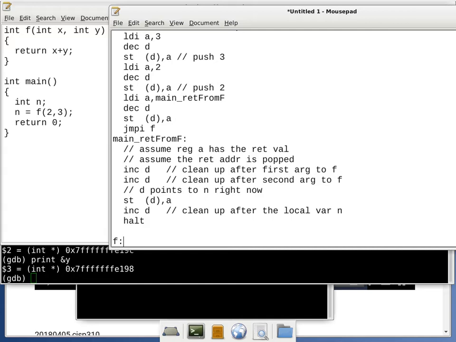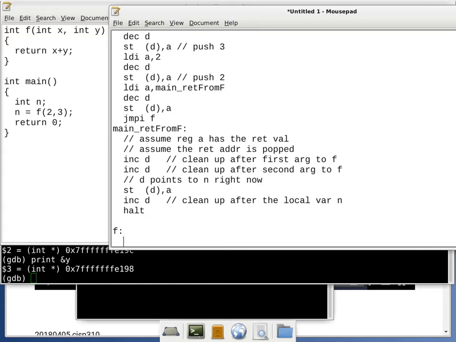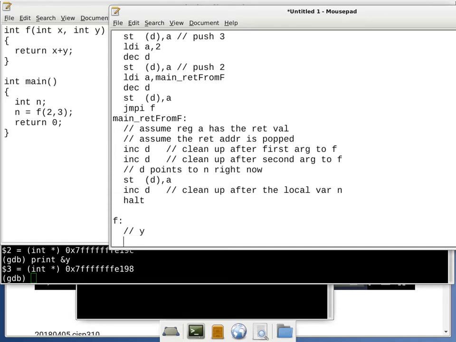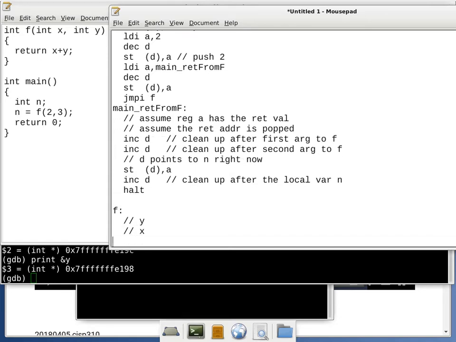So now we are looking at function f. Now, the typical way that I look at this is I would write comments to say what is on the stack so that I have a frame of reference to know, okay, what do I expect at this point? So I would just write it like this. Y should be on the stack with a higher address. X should be on the stack with a lower